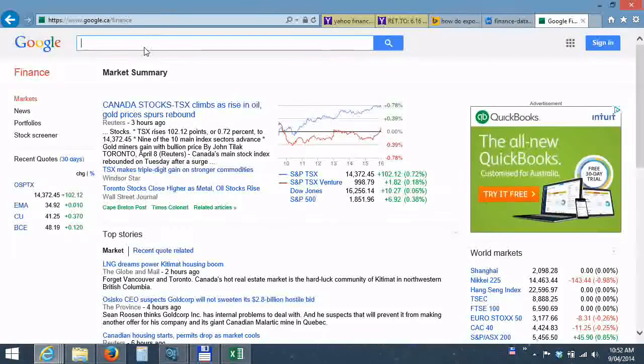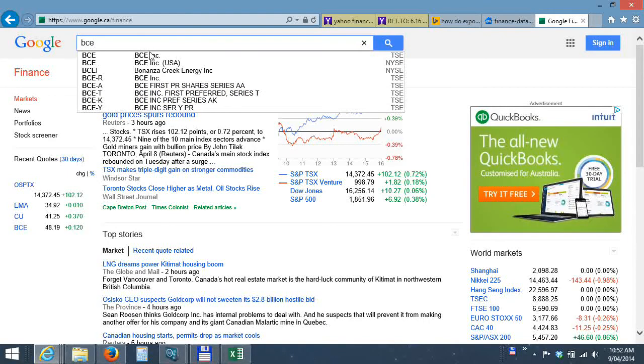the stocks that you're looking for, you can just start typing the name. For example, if you're looking for BCE company, there are several options. There's BCE listed on the Toronto Stock Exchange and a cross-listed equity on the New York Stock Exchange. If you are doing your portfolio for a Canadian client, then you probably will be interested in the BCE in the Toronto Stock Exchange. The market index you can download by typing